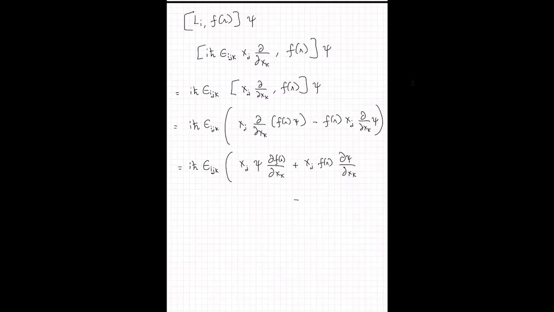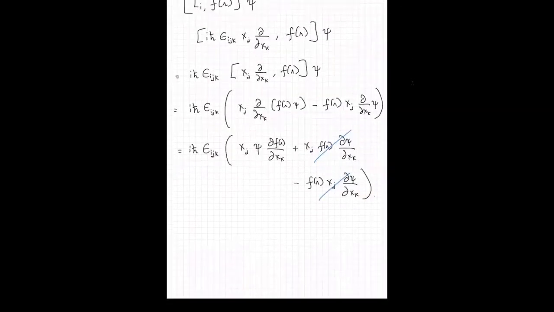The third term is minus f of r xj dpsi/dxk. And notice that the second term and the third term will cancel, even though the x and f of r are in different places, because since f is only a function of the absolute distance, it commutes with any position, because it's a function of position alone. So these two cancel, and I am left with